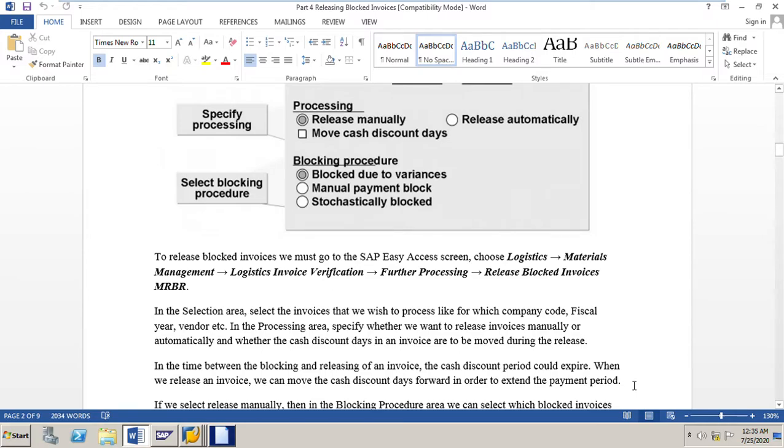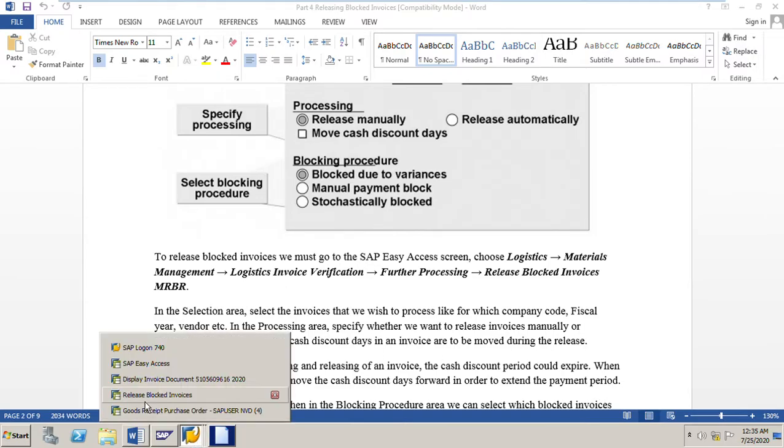If the cash discount period has expired when we are going to release the blocked invoice, then we can move the cash discount days forward by selecting this checkbox in order to extend the payment period.